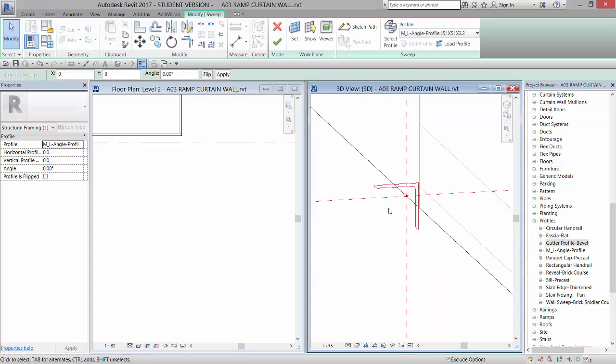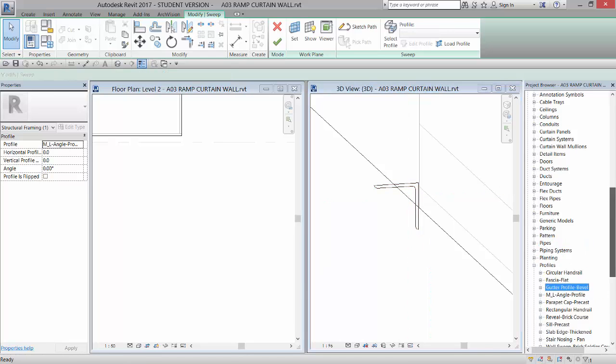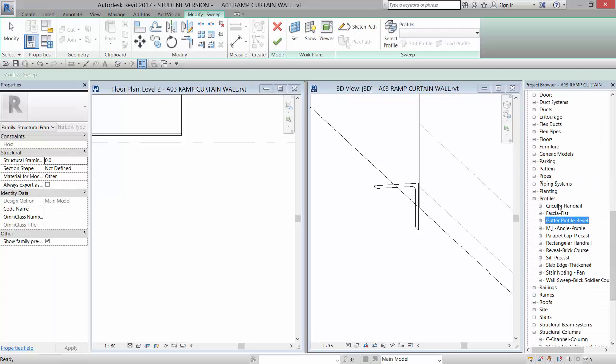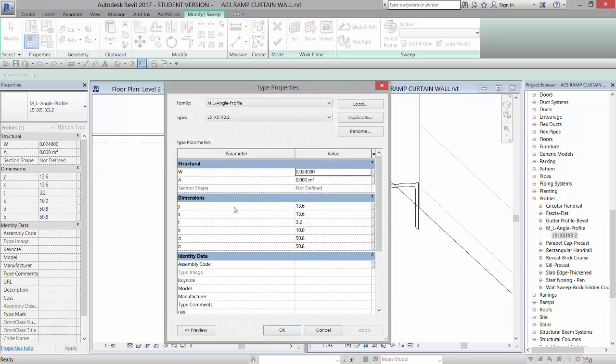And you'll see that it brings it in, but it brings it in a particular way that's actually set by structural conditions, and we want it to not be offset from that path and all that kind of stuff, so we're going to adjust it. So if you're up in the top where your views are, scroll down, expand profiles, and you will see your ML angle profile. And if you expand that, you'll see the L51 by 51. And if you double click on it, it'll give you the qualities of that profile. It's this X and Y that are offsetting it from the center, so we just want to set those to